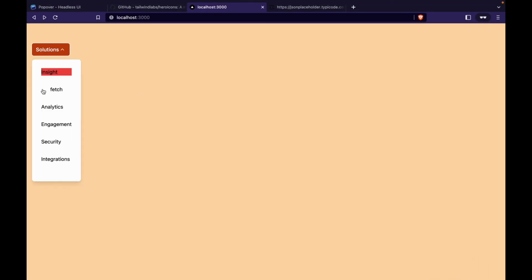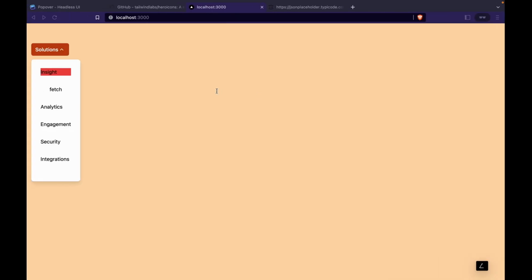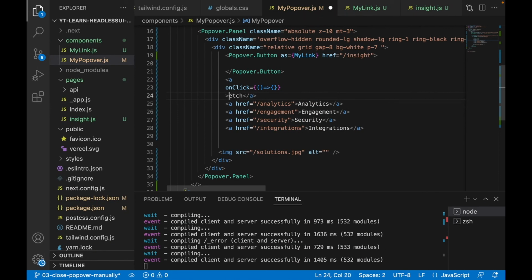Now you can see we have the fetch button. Or maybe we try to use the A tag, so it has the same style. So now we use fetch,